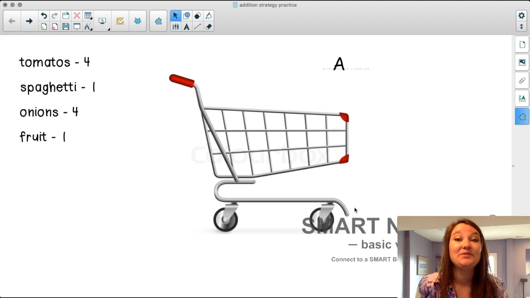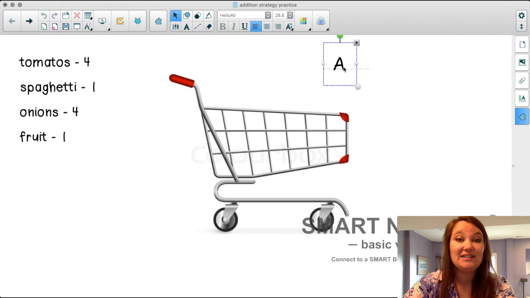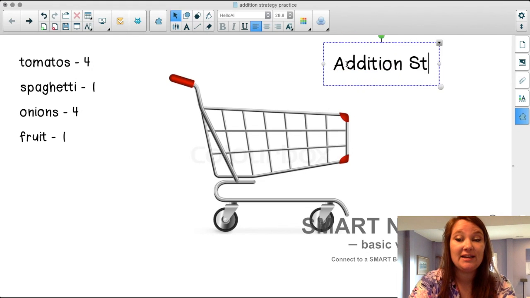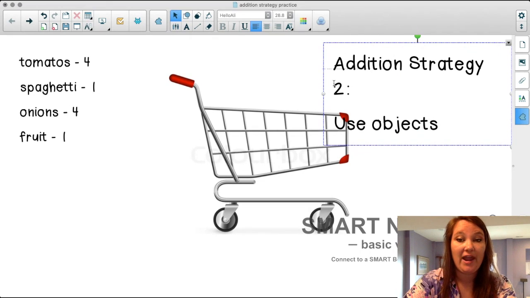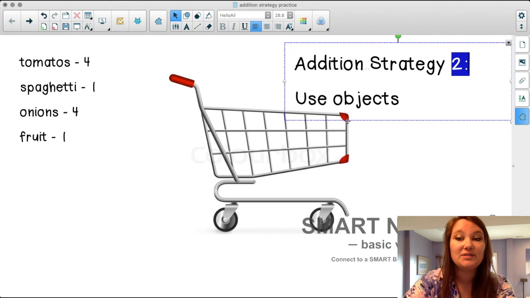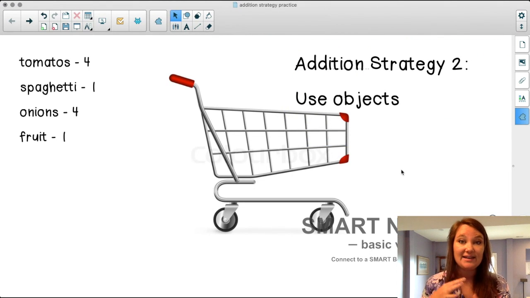Okay, so today we're going to dive right in to addition strategy number 2. Addition strategy 2 is use objects. Okay, so we're going to use objects, and we're going to use the same problems that we did yesterday, just